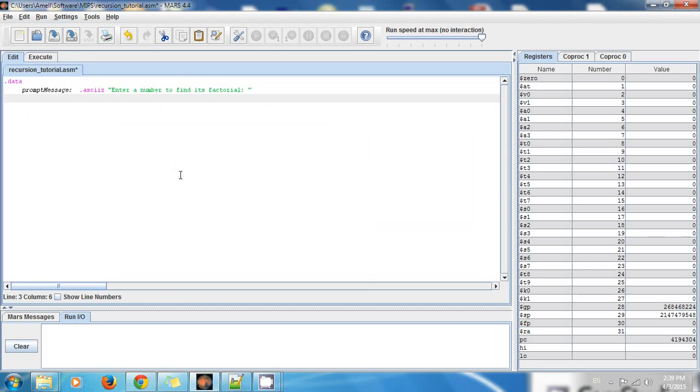Now I want another message, and this message is gonna be for the result. So it's gonna be result_message. And the data type is going to be .ascii, but not Z because I don't want to display a line after the message. The asciiz one is going to display a line after the prompt, but this one is not going to display a line after the message. So I'm going to say: the factorial of the number is,